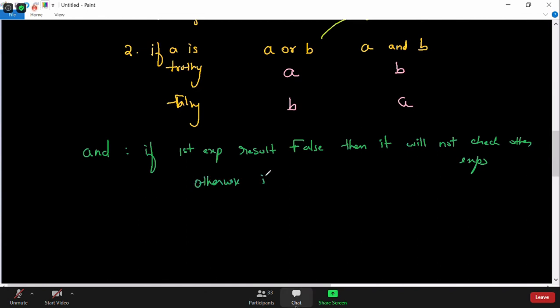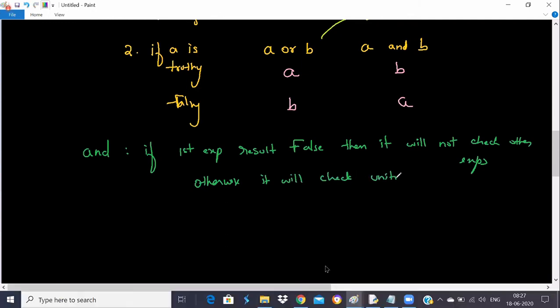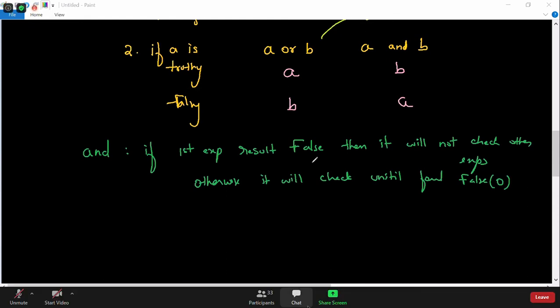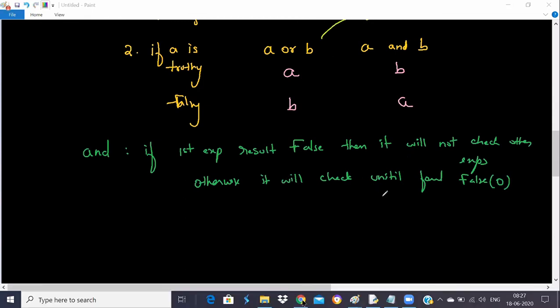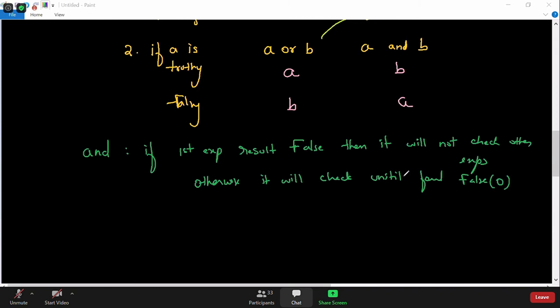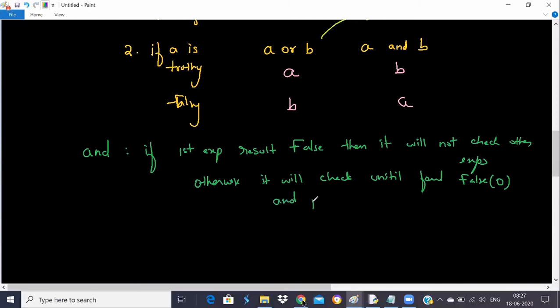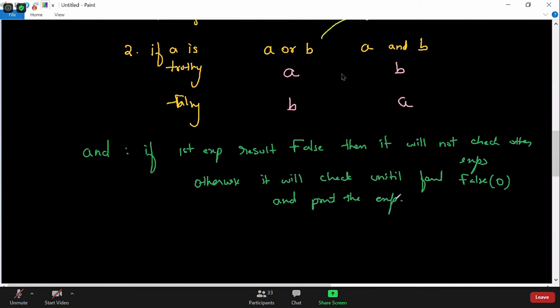Otherwise it will check until it finds false or zero. Got my point? If the first expression results false, then it will not check the rest. Otherwise, it will check until it finds false, and print the result, that expression. That's what it will print.